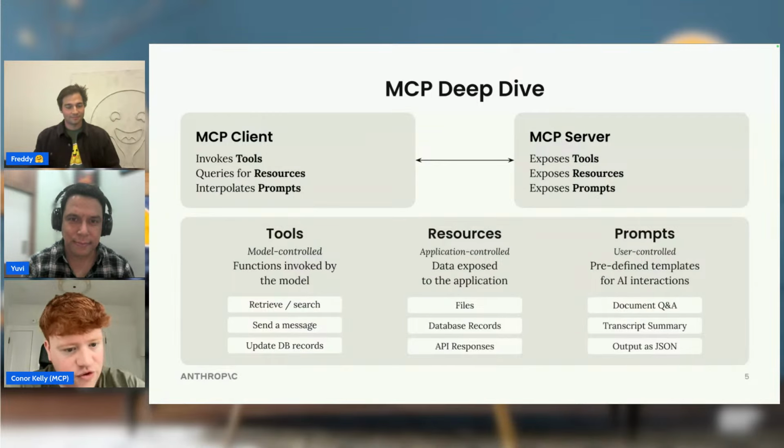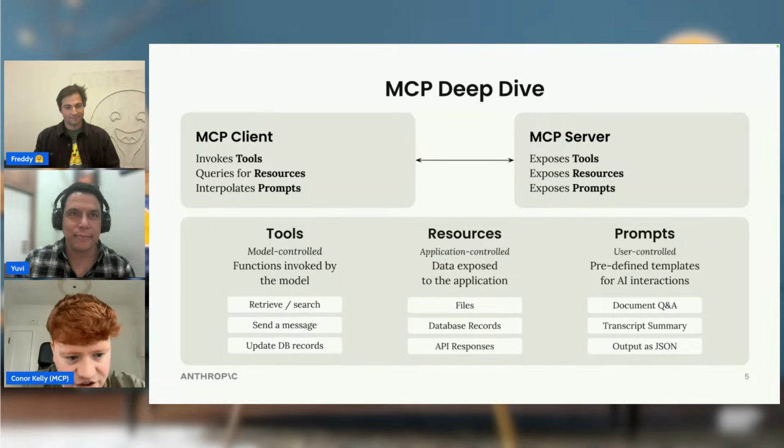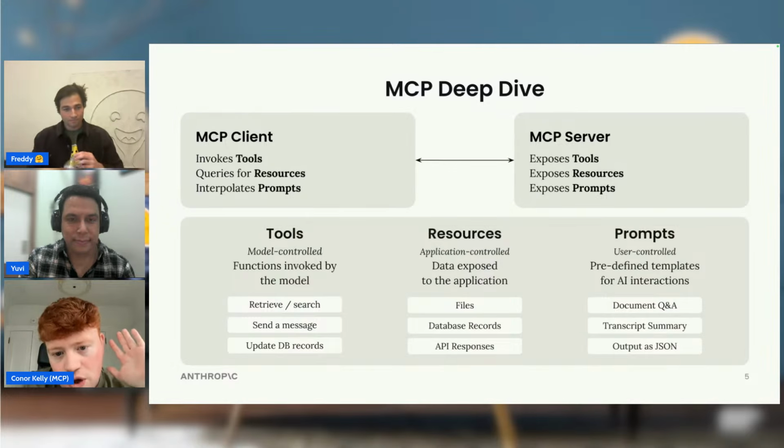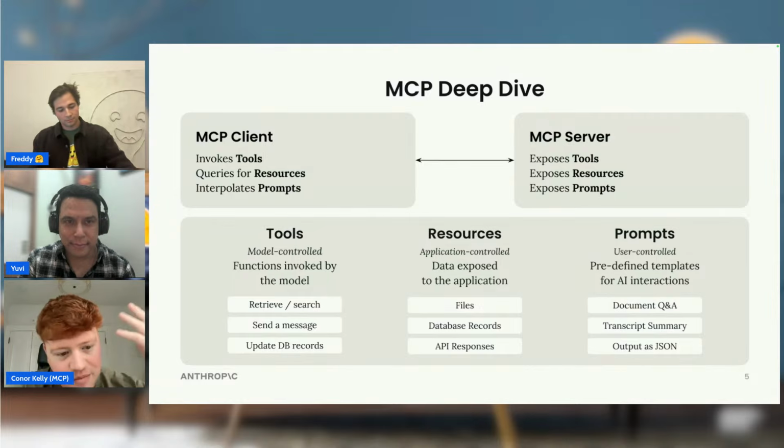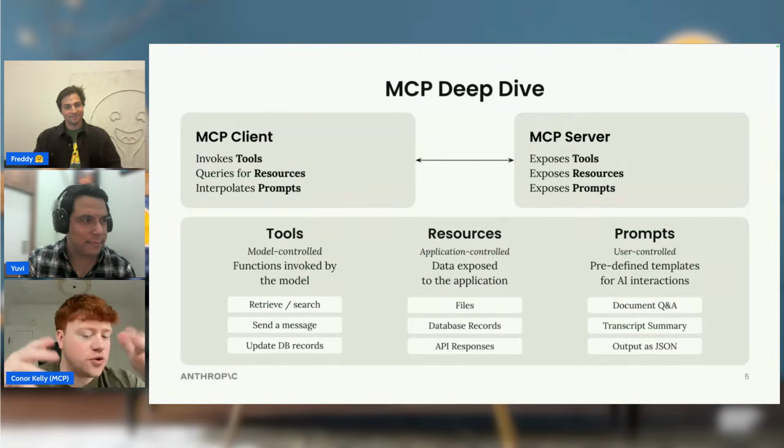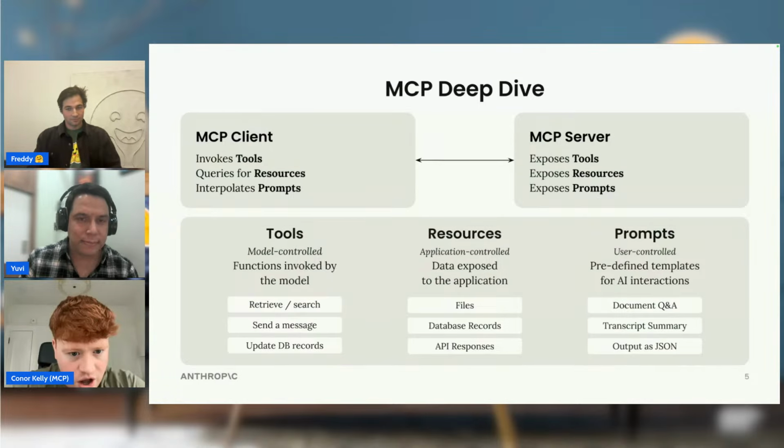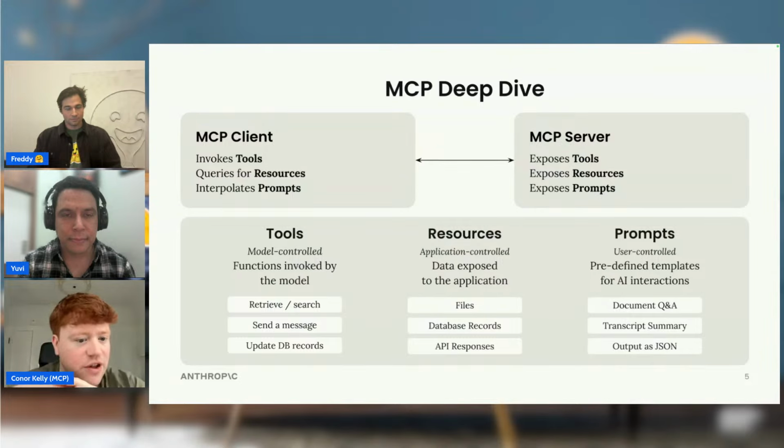So outside of tools, which is just your typical API calls, you can use resources, which are ways to share data to agents or LLMs, like files, database records, those kinds of things. And then we also have prompts inside of servers as well. So these are predefined prompt templates that you can issue to an agent on demand. The reason I'm highlighting this is, it's an MCP hackathon. If you've built a bunch of tools in your MCP server and you think you can go further, I think there are probably good opportunities to look at resources and prompts and see how you can bake that in.